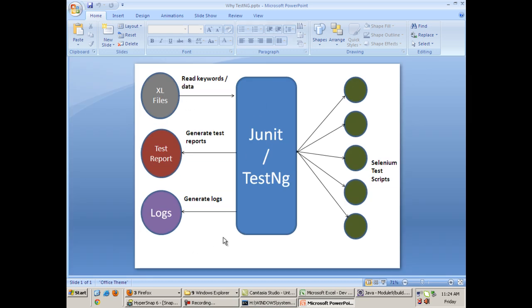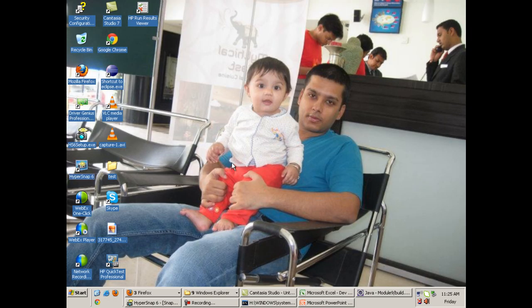I showed you that in the framework there are some Excel files and all, and there are test reports, scripts are there. Now what we do generally is that we do the modifications in the Excel file, and without opening Eclipse, without opening the command prompt, we have an exe file on which you double click and the Testng will start executing the tests as per the modifications done in the Excel file. So you don't have to do anything, and the reports will also be generated automatically, logs will also be generated, everything will happen. Okay, so how do you make that bat file?